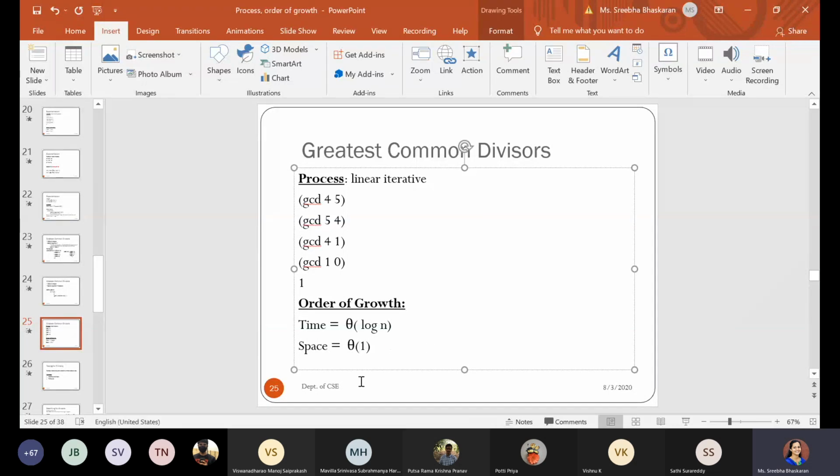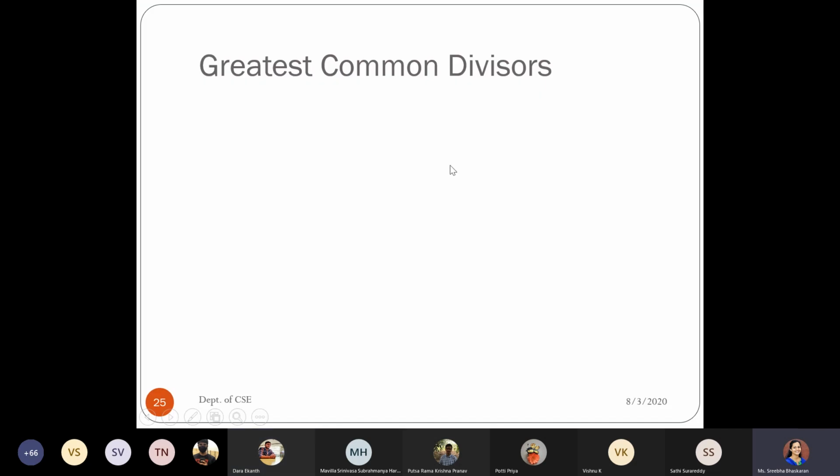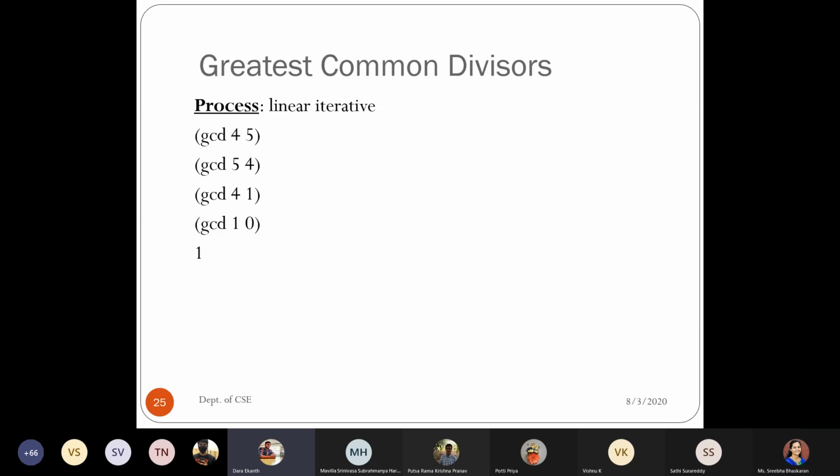Ma'am, but then this is a recursive approach, no, ma'am. It is a recursive operation itself. But each time you are calling this procedure, you just have to store only 2 arguments, 2 values. But it will maintain a stack for each state, no, ma'am.